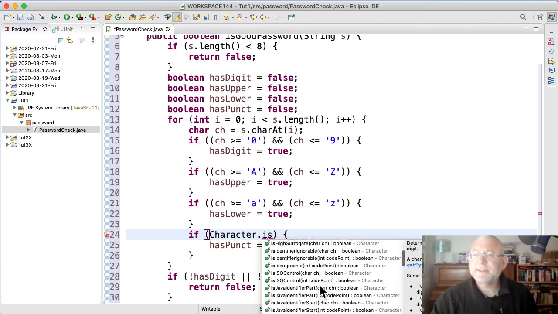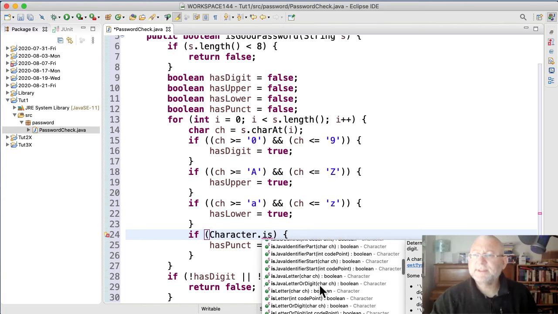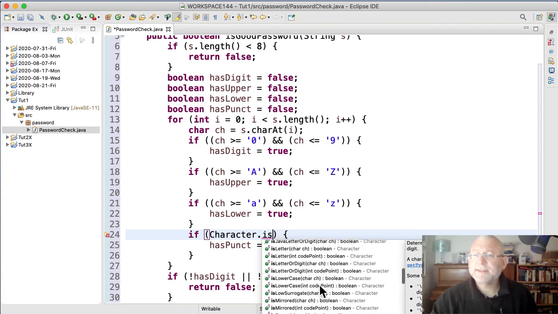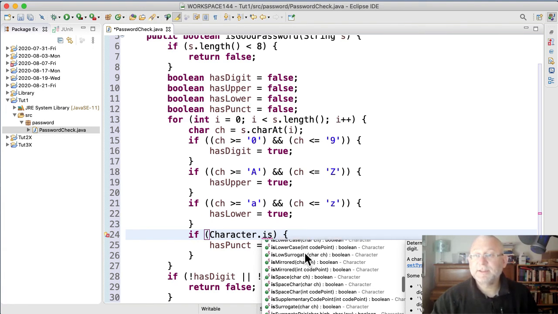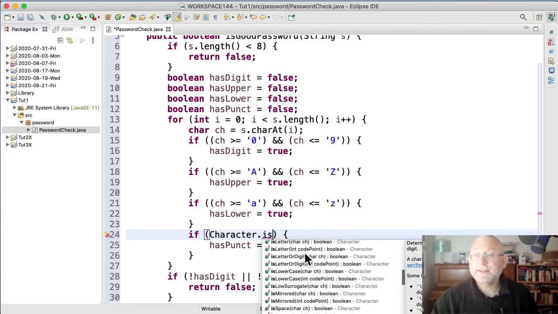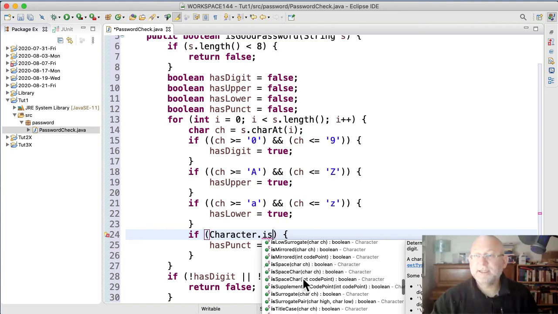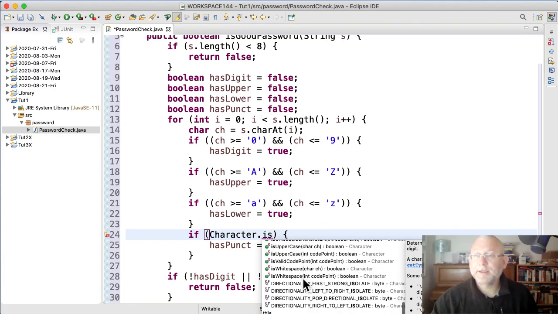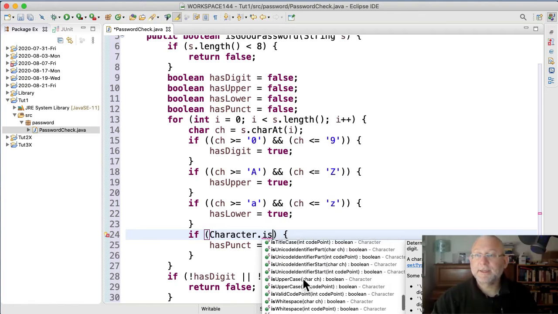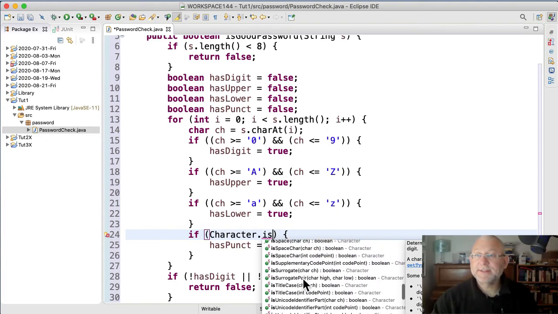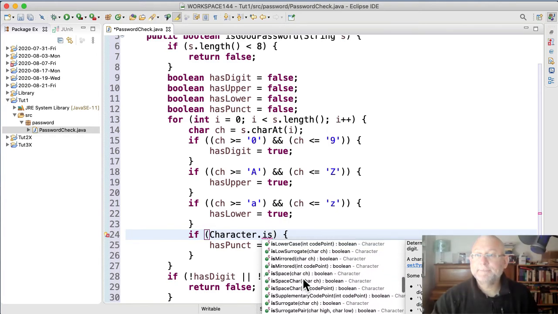But I think Character has is defined, is digit, is identifier ignorable, is letter, or character is letter or digit. Well, yeah, I'll maybe have to do that. I don't see a non-alphabetic. I don't see punctuation. It's alphabetical. Okay, so what I'm going to do is I'm going to say